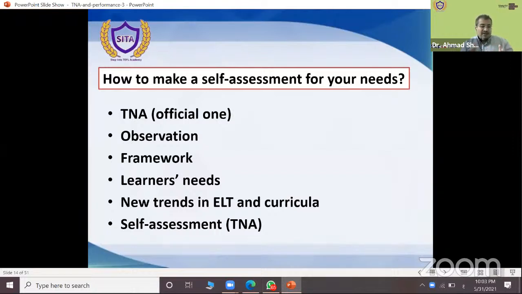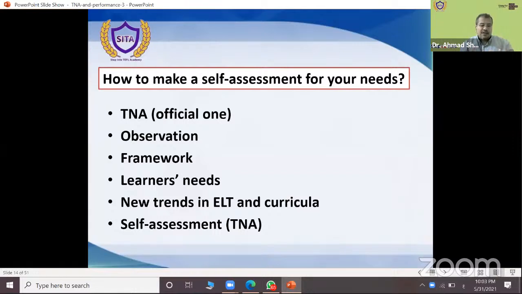Maybe you have observation, as the supervisor gives observation visits or class visits to you, then he writes down some recommendations. These recommendations are part of the points to work on. So you need to be trained. Maybe you need to read about it.